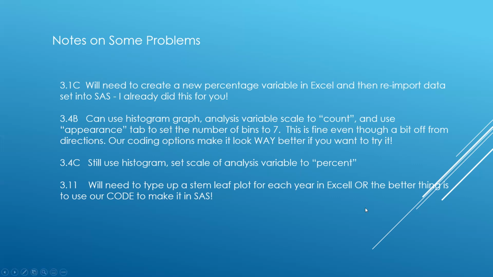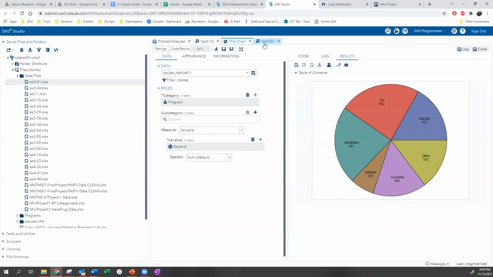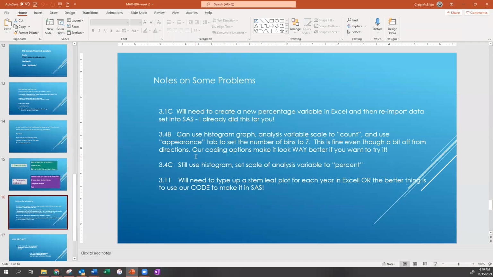Rather than have you create that new variable in Excel, I already did it for you. If you look at the data in 3.1, you'll notice there is the expenditure, and then over here there's the percent column. That's the one you use for the percentage part of the question.